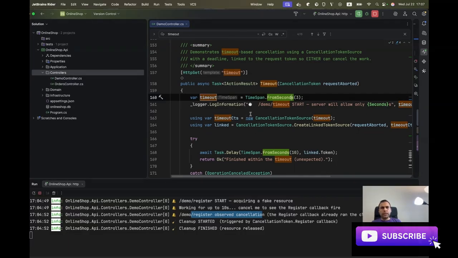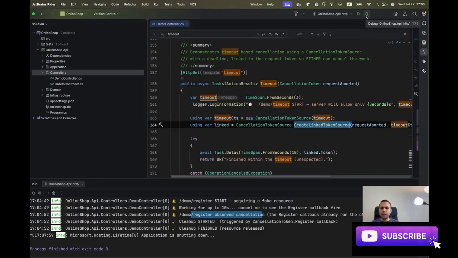So we defined a new source of the cancellation. Before that, we thought that cancellation just can be done by the user, but the system itself can cancel the request as well. How? With this timeout. Also, we have another source, for example, the application shutdown. So how can we understand the source and how can we link all of them in one token and analyze just one token instead of all of them? This is very easy with